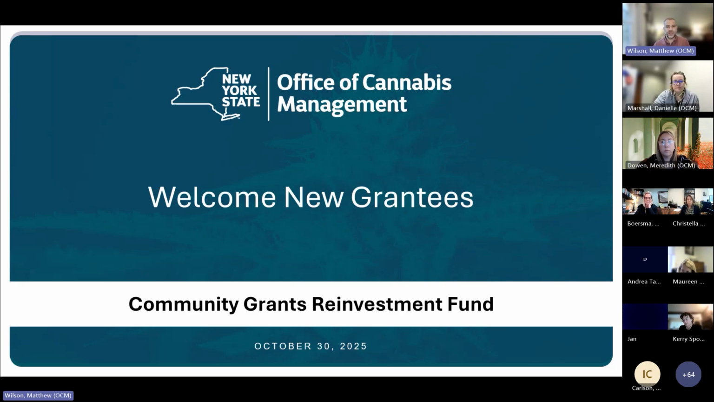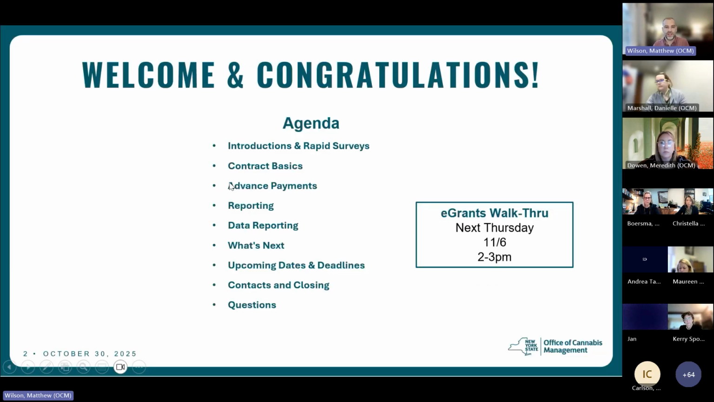This is really meant to be a sort of high-level overview of a few of the requirements throughout the life cycle of the grant. And we hope to cover this agenda. So we are going to start with some introductions and some rapid surveys. And then we are going to cover just some very high-level basic information that you can find on your contract,